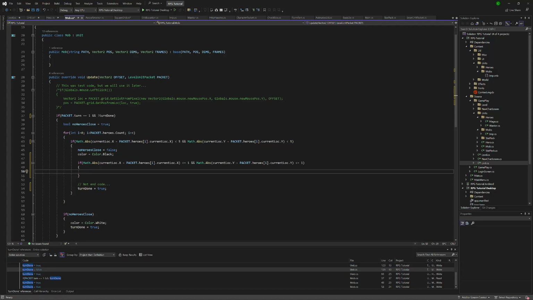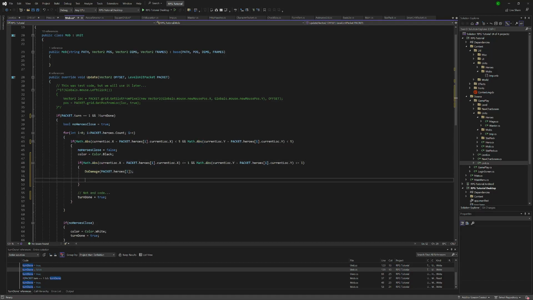It doesn't take much. We have do damage, packet dot heroes I, right? We're in our hero loop for I, so heroes I, and then here we're going to say turn done equals true, and we're going to say break, because we need to stop calculating for this mob, because if there are 2 heroes next to each other, then it could hit one, and then if we don't break, it will go in and hit the other one. We don't want that